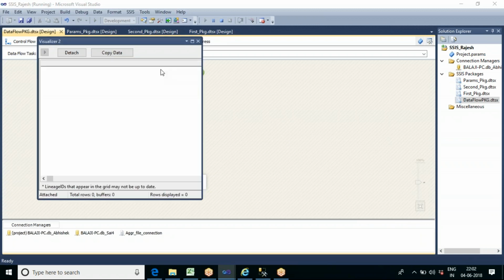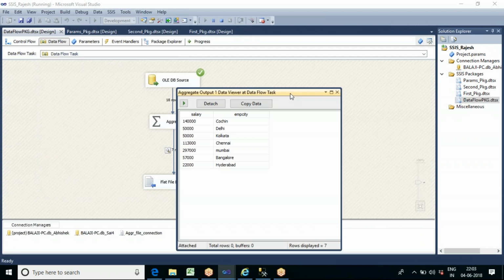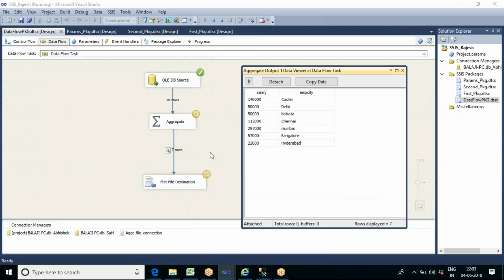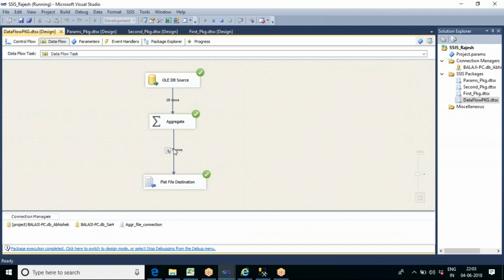So now you can see that we are getting 7 rows here. In the output, Bangalore is coming only one time, that is 57,000. Okay, rows displayed is 7. This is just to view the output, and after viewing, the actual data is pushed into the destination file.